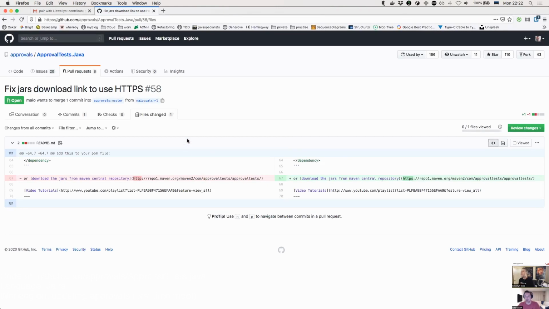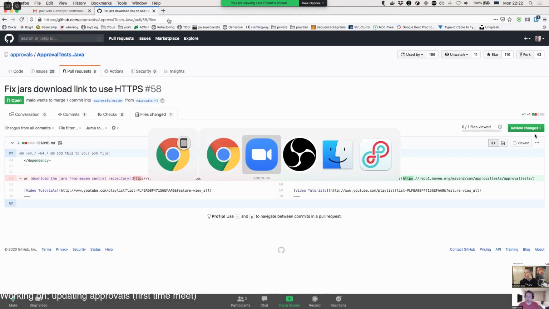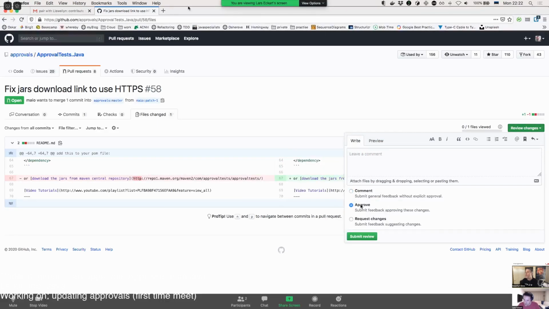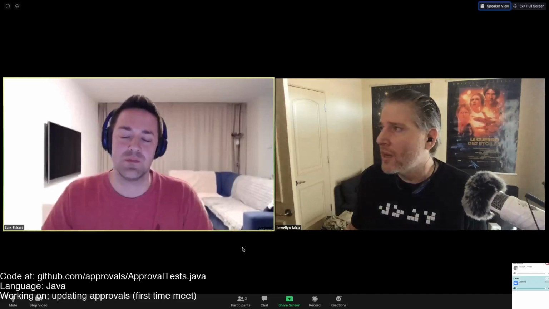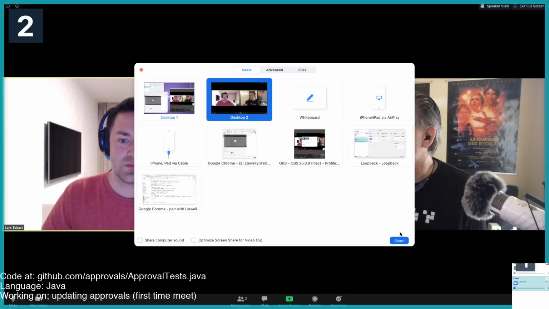Oh, so you can't approve this. I can probably commit approve, but it doesn't merge it. Yeah, but in this particular case, let's stop sharing your screen for a second, and let's share my screen. We're going to want to do this.